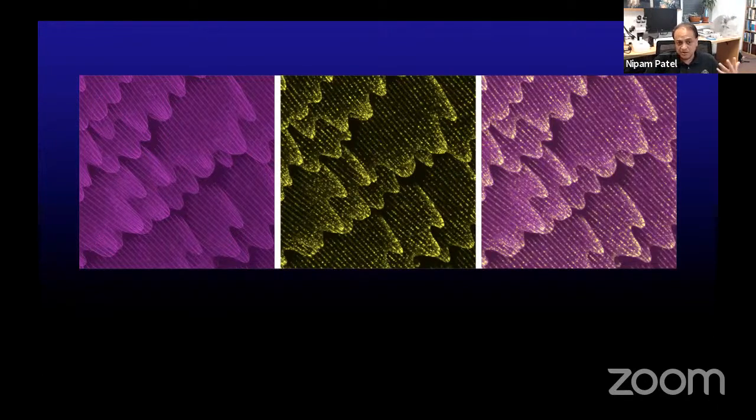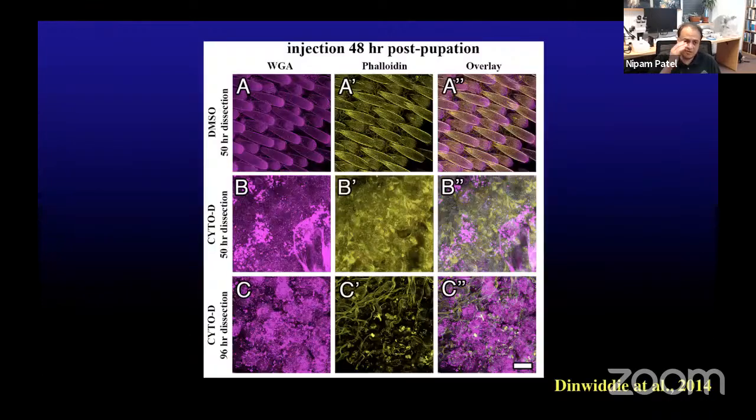So sure enough, we can show that this actin is important. We can actually depolymerize the actin using something like cytochalasin D during scale development, and the scales will simply collapse. If we're in that phase when the scales have the actin cytoskeleton driving their growth, if we wait till later when the butterfly would be breaking down the actin anyway, of course, then it has an external skeleton and the scale is fine. So how does this relate to structural color?